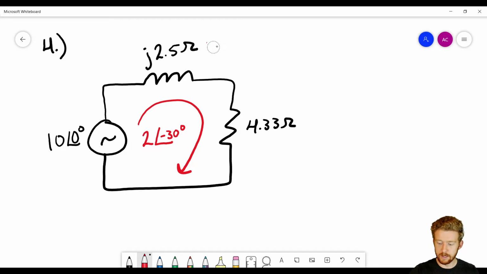So I gave you just the impedance of the inductor. That's a little bit less work you have to do. So now we can start calculating the power in this circuit. Okay? So first thing, let's calculate the voltages, because we're going to need to know the voltages if we're going